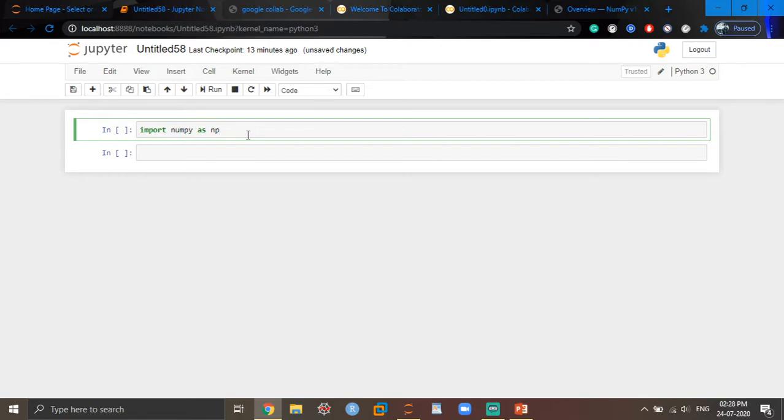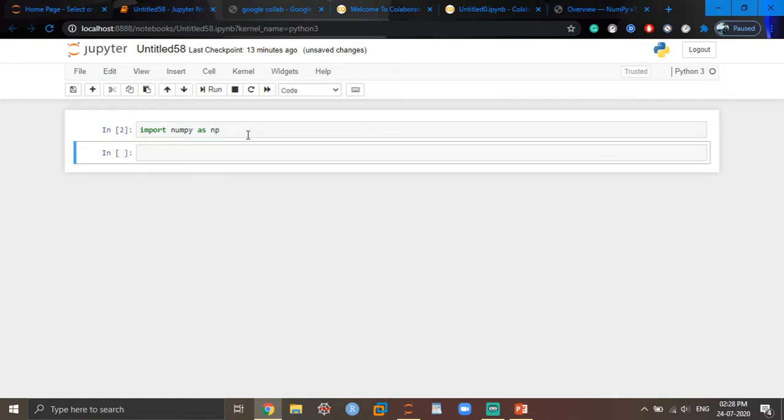Why type the command import numpy as np? np acts as a reference to numpy. It is like a nickname to numpy. You can give any name, ABC, anything. But np is globally used, that's why I've given it as np. When you execute this command, it imports the numpy package, and now the same thing